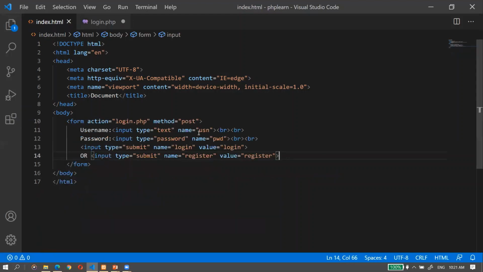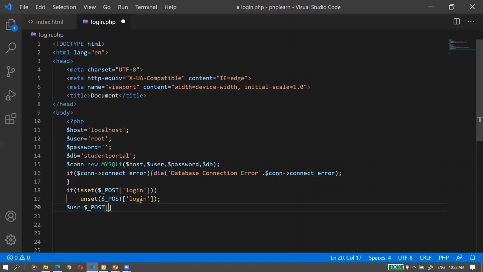See, the name is USN, so we refer to it with this USN. The value the user has given in the username text box is stored in $user.